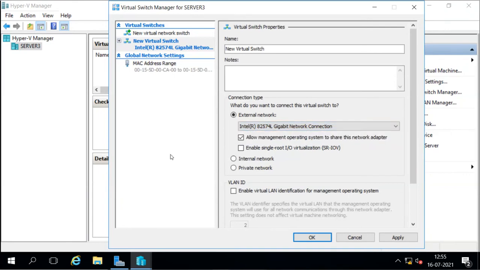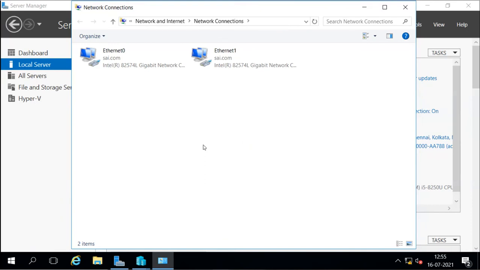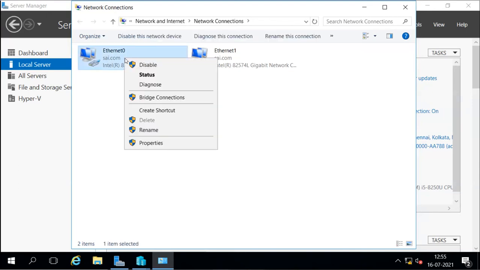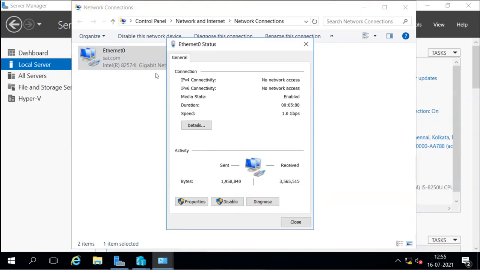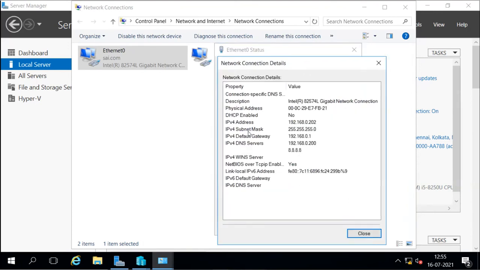For that I will open the network settings. I will select this, and here I can see this adapter name. I'll go to properties, I will go to status. So this adapter, we see the detail. This is the adapter which is used for the network traffic, for the client traffic, for the node to node traffic.